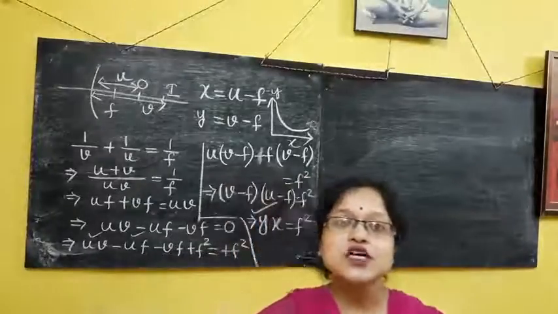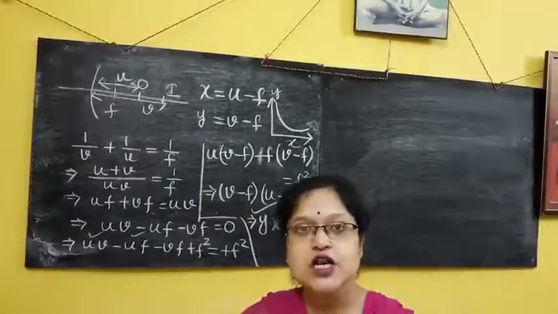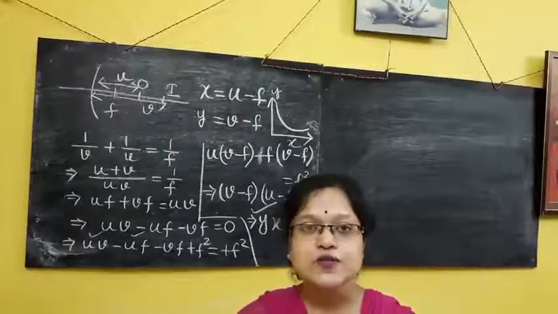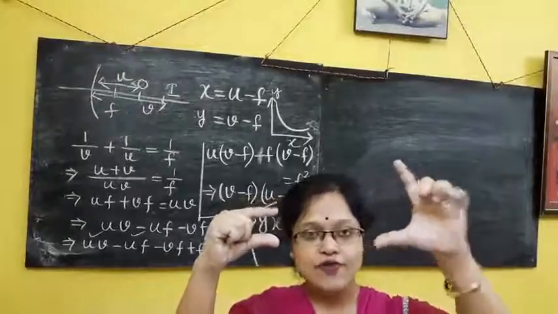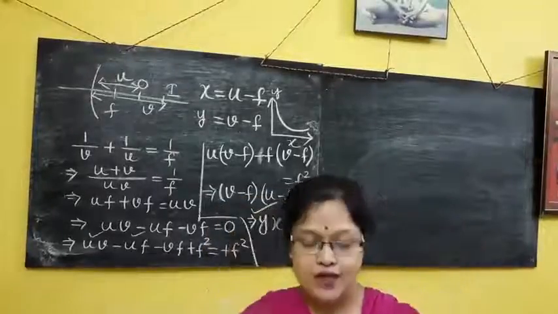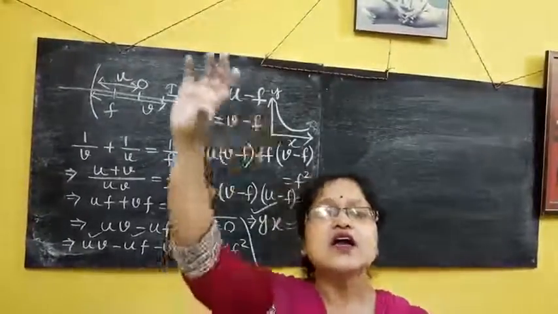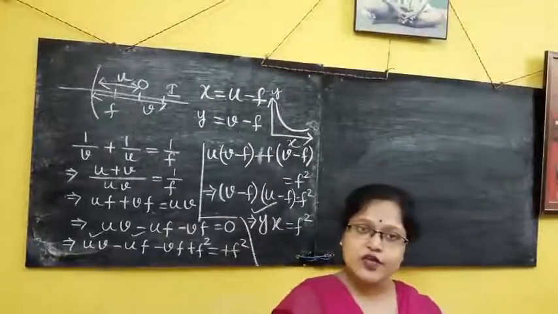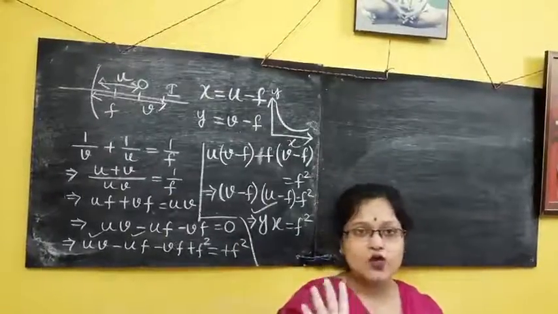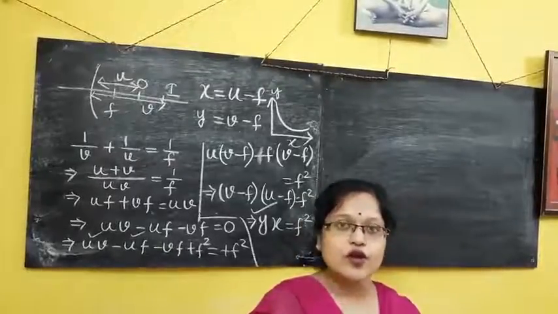Now magnification can be in different ways. Linear magnification means, suppose this is your object and this is your image. If you divide V by U, what you will get? You will get how much linearly it is magnified. Clear? Like that, axial magnification is also there, and probably angular magnification is there. Right now angular magnification is not required.